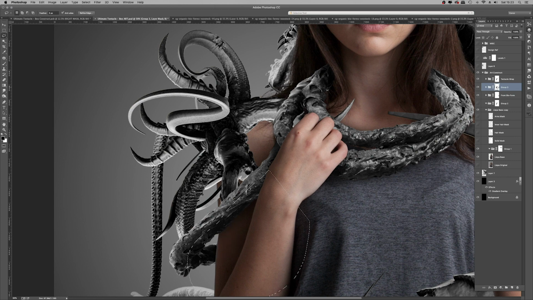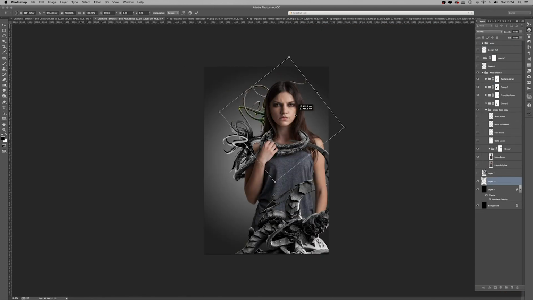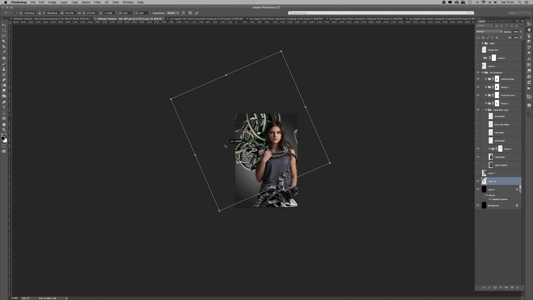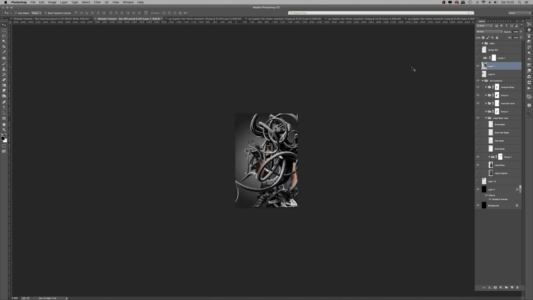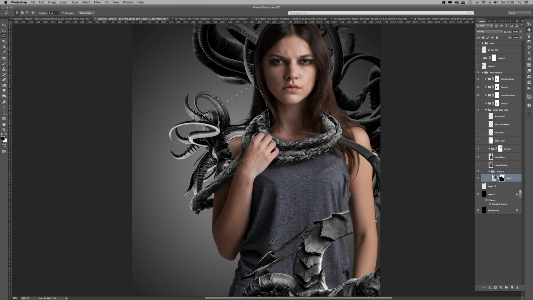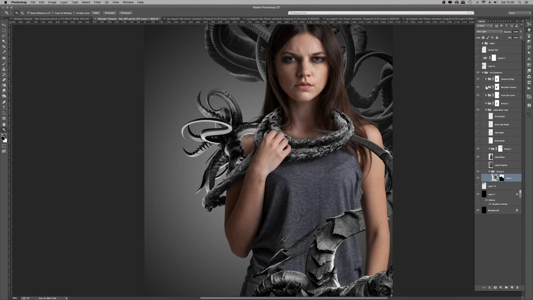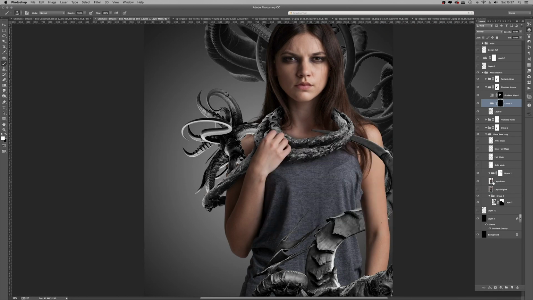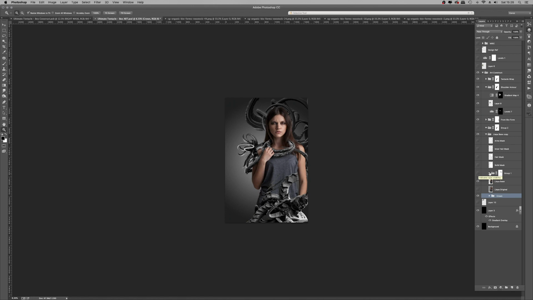Here you can see I'm color processing these elements, and that's just with a gradient adjustment layer above the element that I'd like to colorize. I really like the black and white gradient adjustment layer for making things black and white. It's got real rich tactile tones. So that's what's been done there.